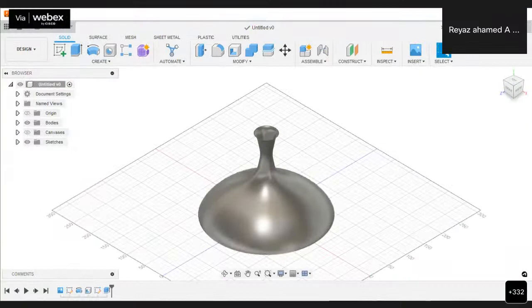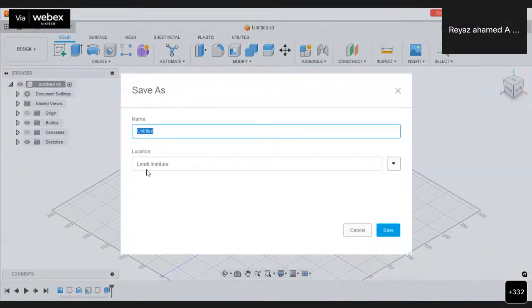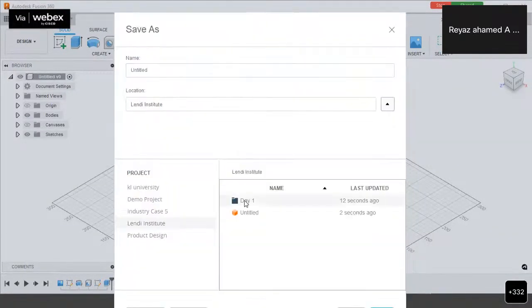Just press enter once more to open that day one folder. So click on the save as option. In that Lendi Institute, choose the location. Double click on day one and rename that untitled as lampshade. And then click on save.